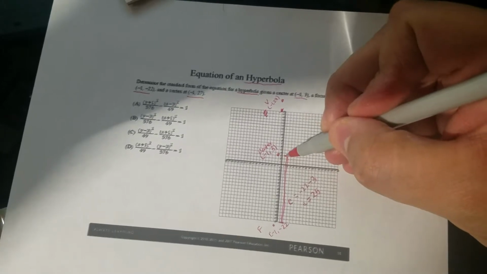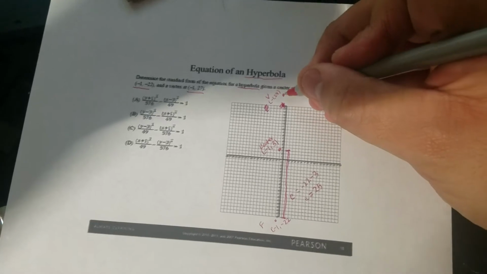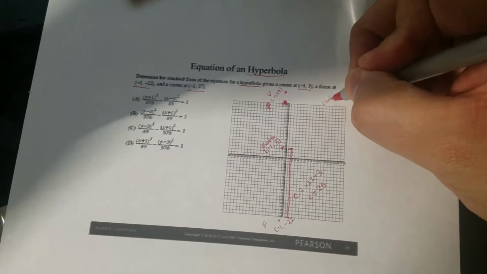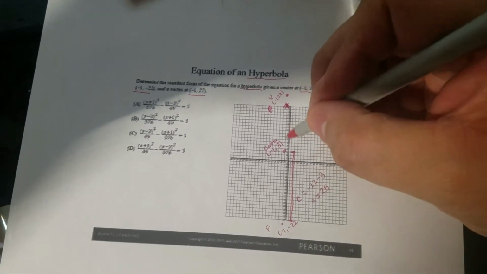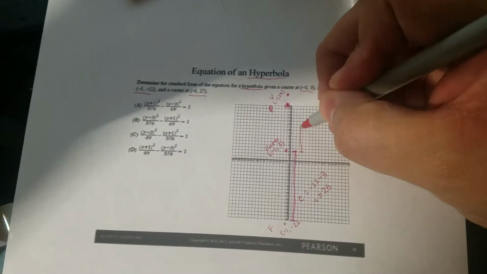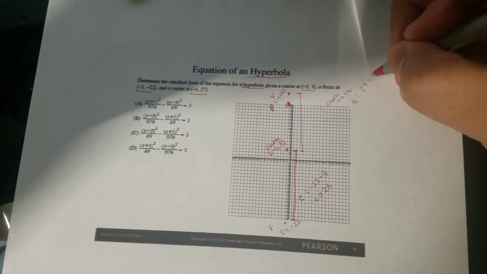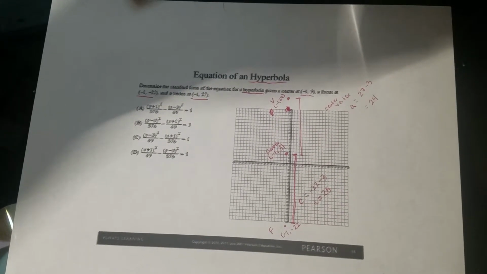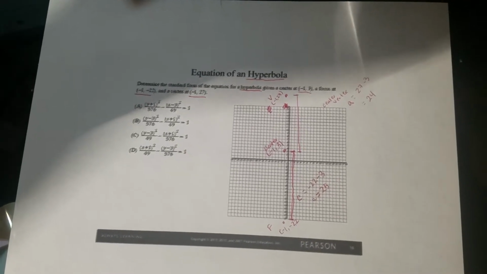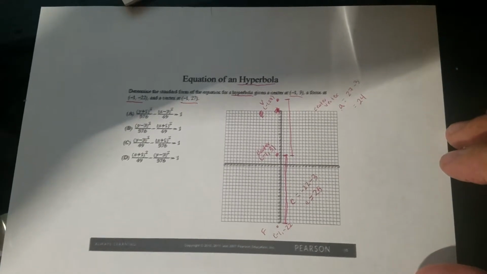So from the center to my vertex, that's my A value. So what I'm finding here is A. That is equal to 27 minus 3. So it's 24. Okay, so this is my A, this is my C. Alright, so